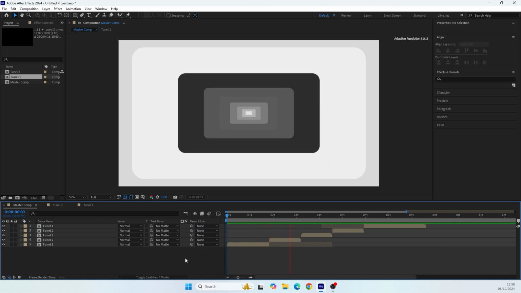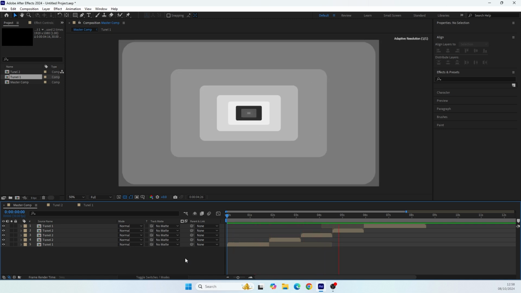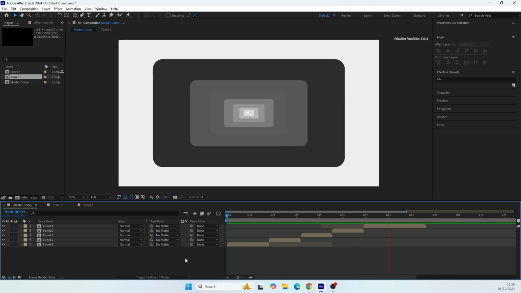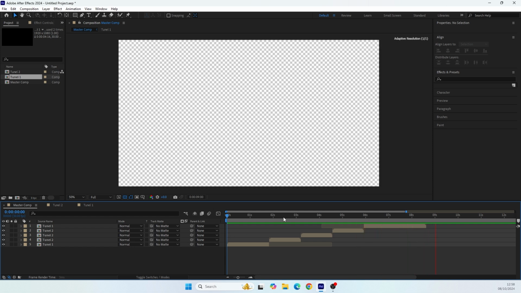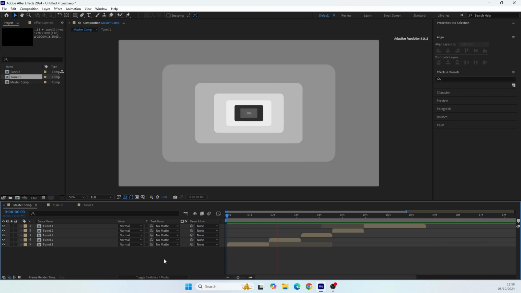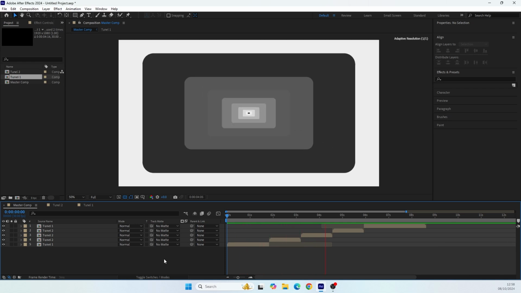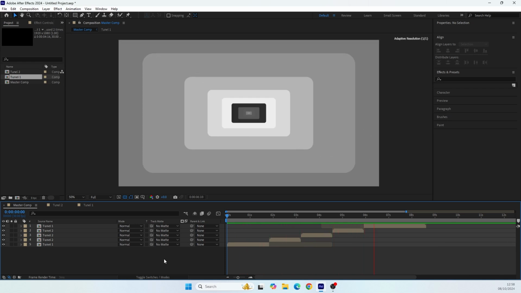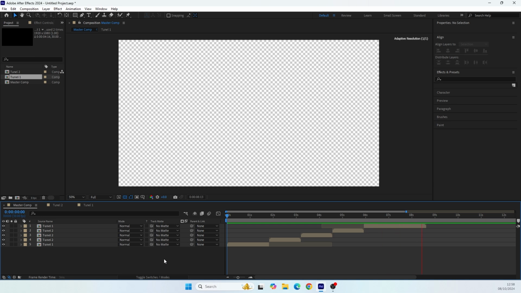Great, so we have a nice sequence with the tunnel animation that starts and ends with a transparent background, which is great because below this pre-comp you can start your next scene or put some text or stuff like this. Alright, so we're done creating the tunnel sequence, and now we're ready to create some flying object in this scene.